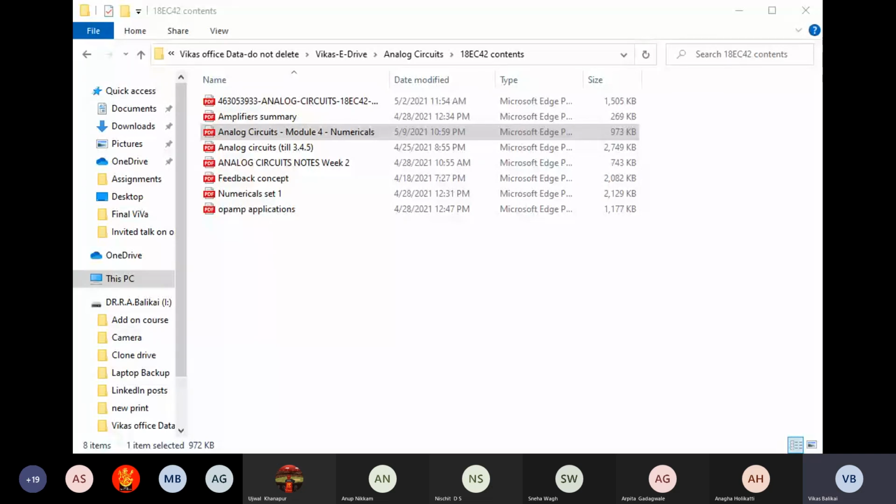Now if you have any difficulty in understanding the problem statement, you can just refer to that particular page number and problem number. So what it says: for the inverting Schmitt trigger, R1 is given as 100 ohm, R2 is given as 56 kilo ohm, Vin is 1 volt peak to peak with supply voltage plus or minus 15 volt. Determine the threshold voltages VUT and VLT and draw the waveform. The op-amp type is 741. Now this one is a very important problem from the examination point of view.